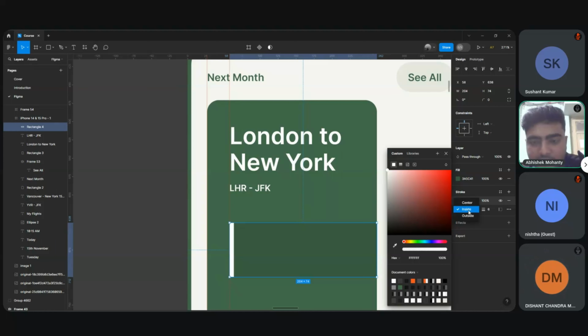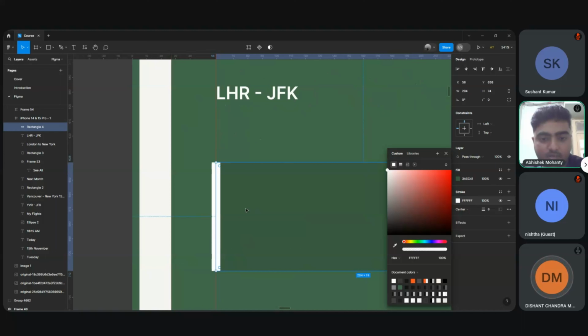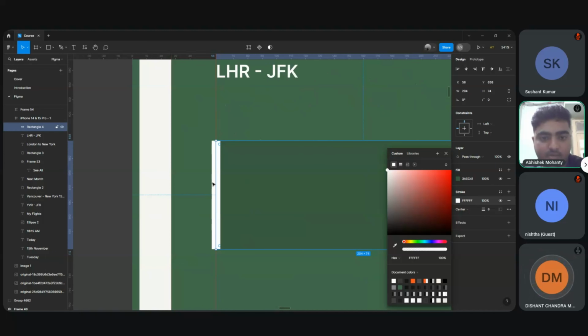So let me tell you. If we click on outside, the stroke will be outside of this rectangle. It will try to balance it outside of this rectangle. Inside, it's inside of this rectangle. And if you click on center, it will be half inside and half outside. If you just look at the linings over here, it's present like this. So sometimes, depending upon the things, we need to change our